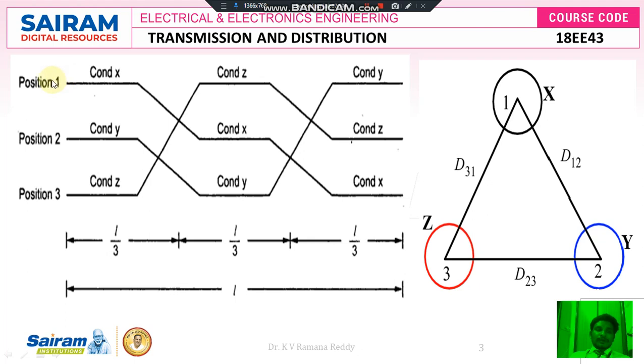If you see, the position of conductor X at tower A becomes position 2 at tower B. Again this conductor X at position 2 becomes position 3 at tower C. Similarly conductor Y, which is at position 2 at tower A, comes to position 3 at tower B. Then the same conductor Y at position 3 at tower B comes to position 1 at tower C. Similarly conductor Z, which is at position 3 at tower A, goes to position 1 at tower B, and again this conductor Z at position 1 at tower B comes to position 2 at tower C.